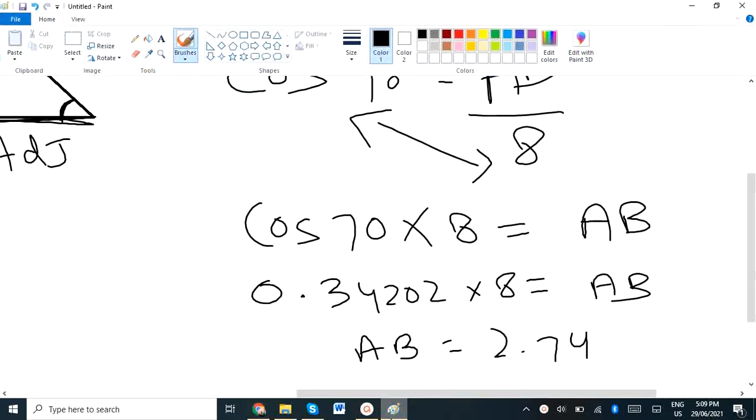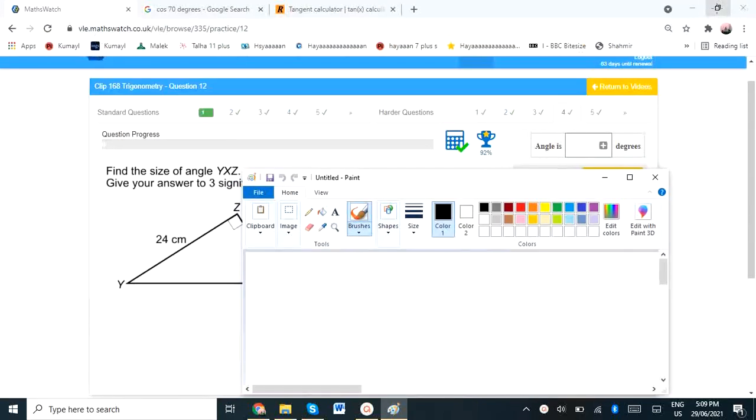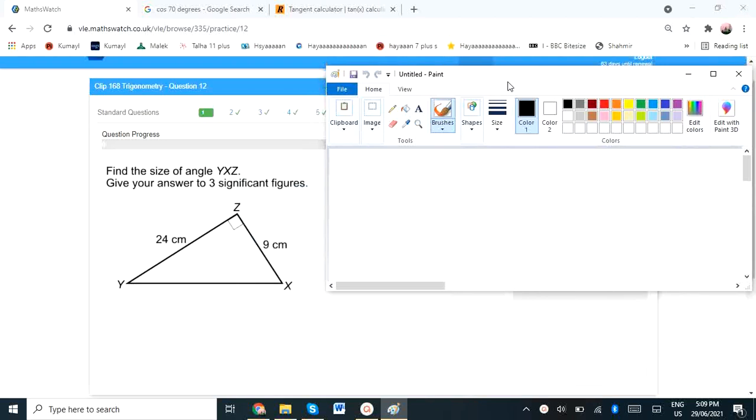So let's start. I'm going to open a blank page. Let me minimize it so you can see both of the things. So over here, which ratio would be applicable? According to the question, we have opposite and we have adjacent. Opposite and adjacent can fit with tan. I'm using tan of angle YXZ, which we have to find out. And tan is opposite over adjacent.